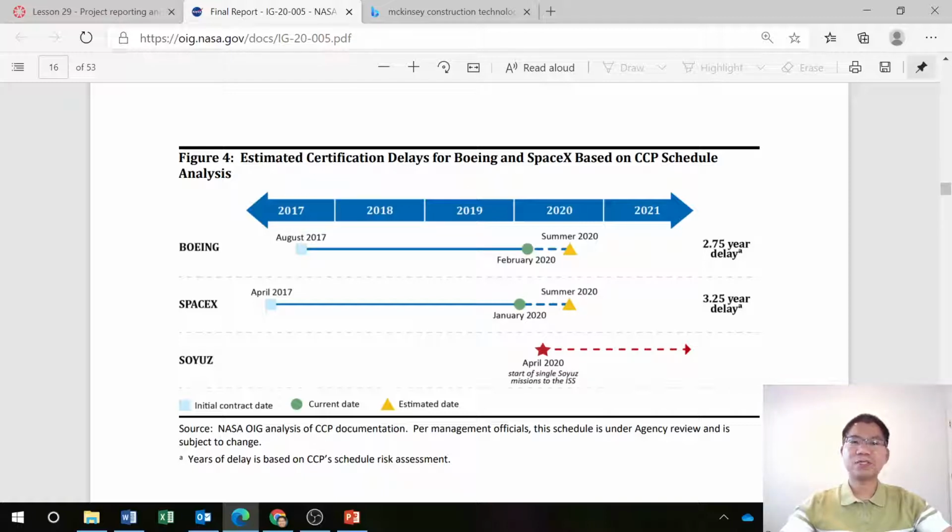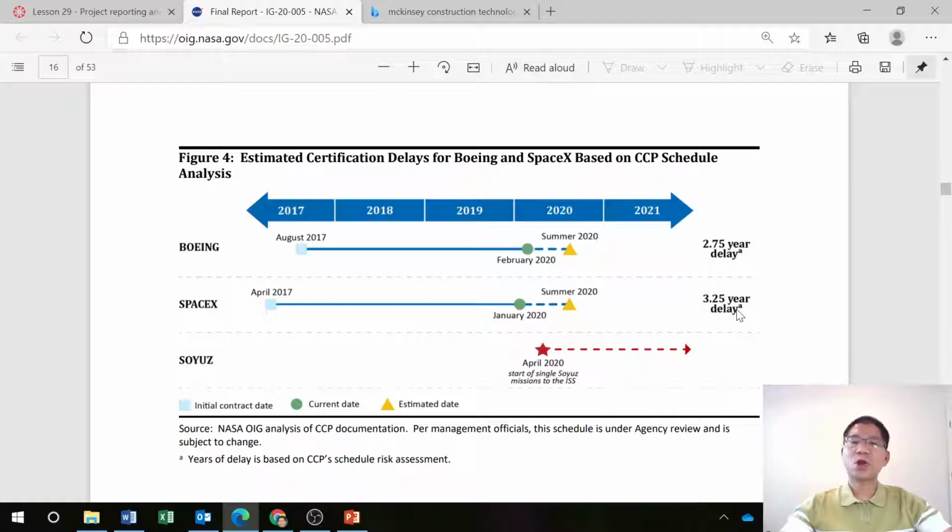In summer 2020, SpaceX had a capsule with two astronauts go into space, and then just recently four astronauts went to the ISS, the International Space Station. Regardless, they planned to complete it, for example SpaceX in April 2017, but it did not occur until summer 2020, so about 3.25 years delayed.